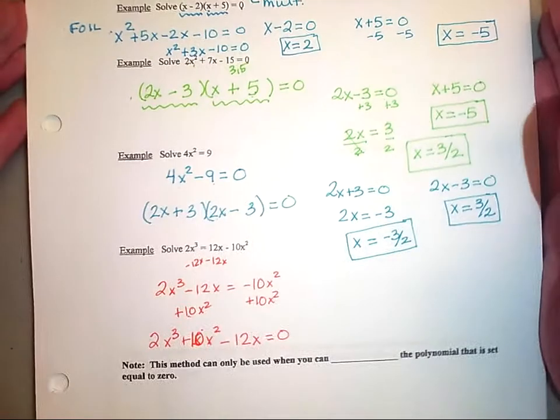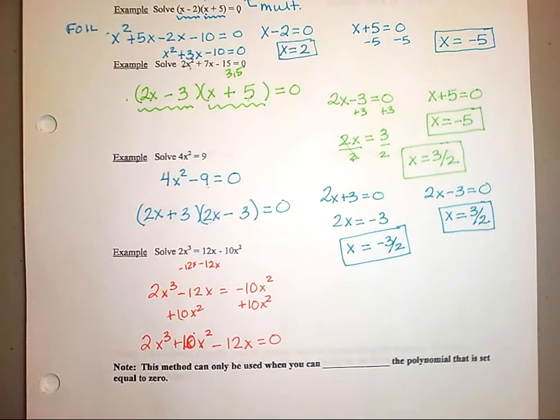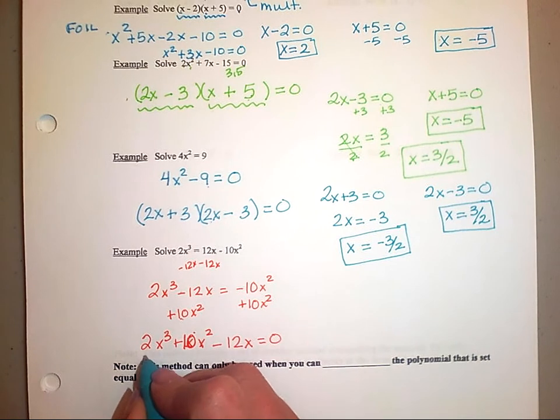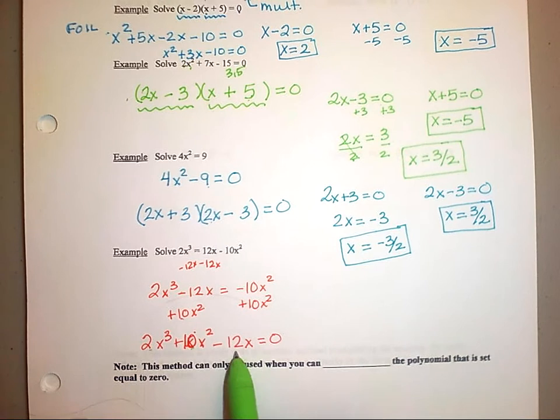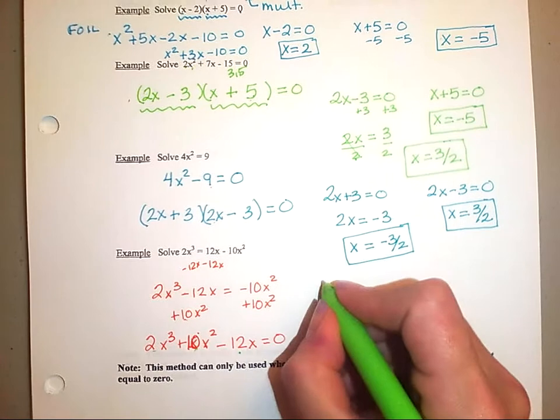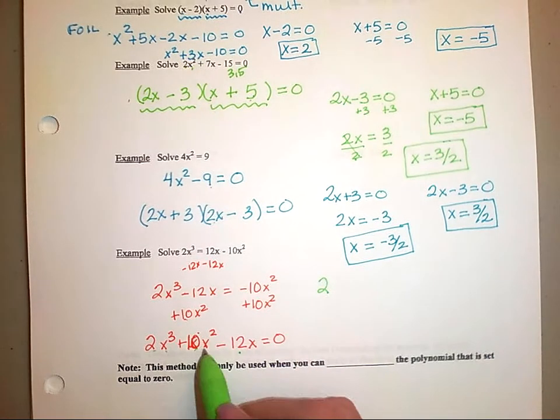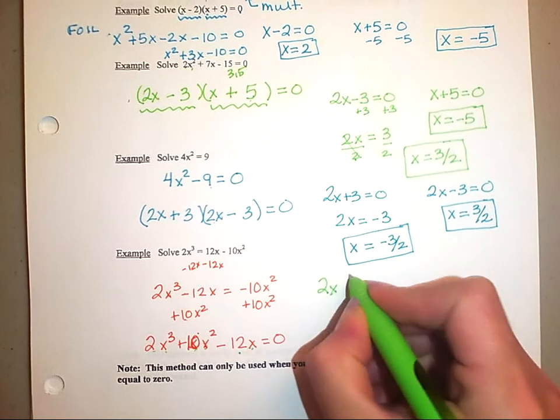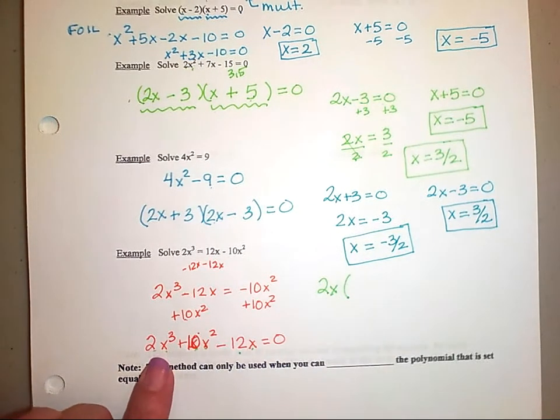Alright. So now that I have something equal to 0, I want to look and see what I can do. Well, I can look for a greatest common factor. And I can see in between here, there's a common factor of 2 that I could pull out. And then there's also a common factor of an x. So once I do that, then what I'm left with here